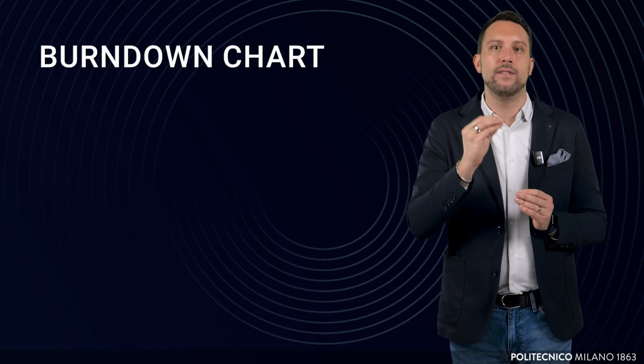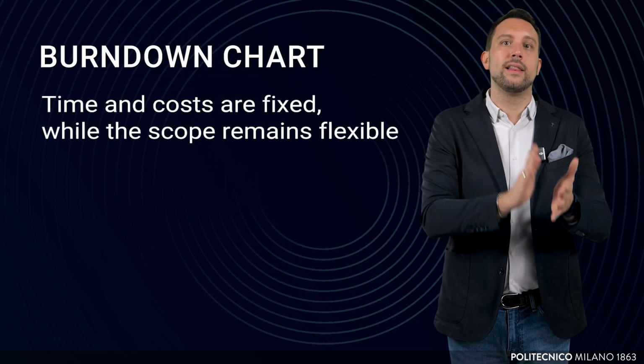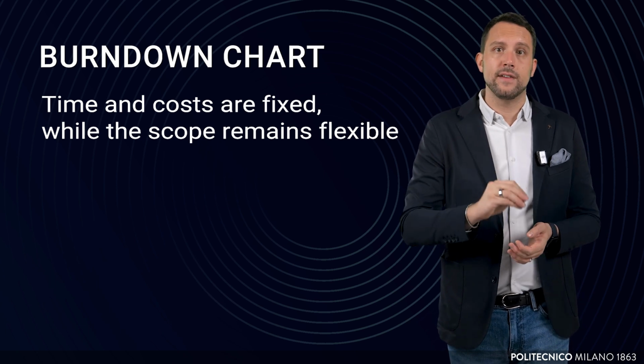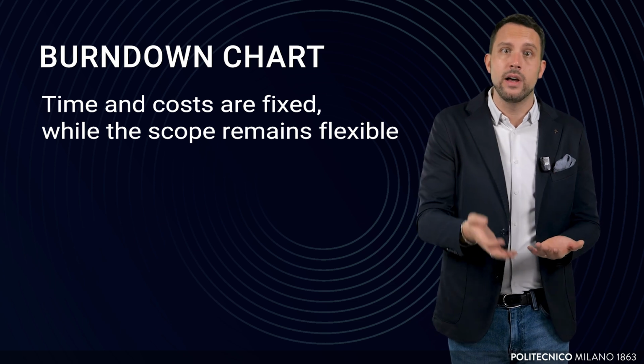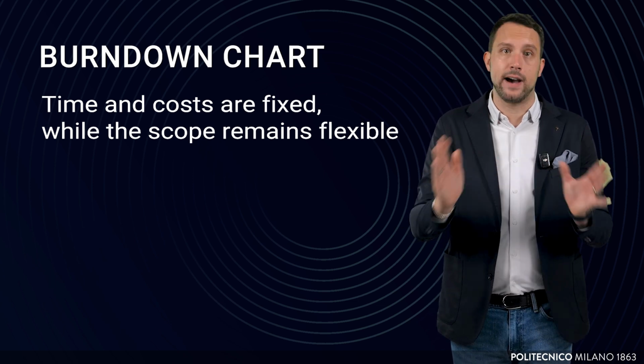Unlike traditional project management, where planning and controlling focus on delivering a fixed scope within set time and cost parameters, the Burndown chart reflects the agile philosophy. Time and cost are fixed, while the scope remains flexible. This shift empowers the team and stakeholders to prioritize delivering the most valuable features rather than rigidly adhering to predefined requirements. For example, if the MOOC platform team realizes mid-sprint that implementing advanced search filters for the course catalog will take longer than anticipated, they can decide to postpone it to a future sprint and focus on completing other high-priority